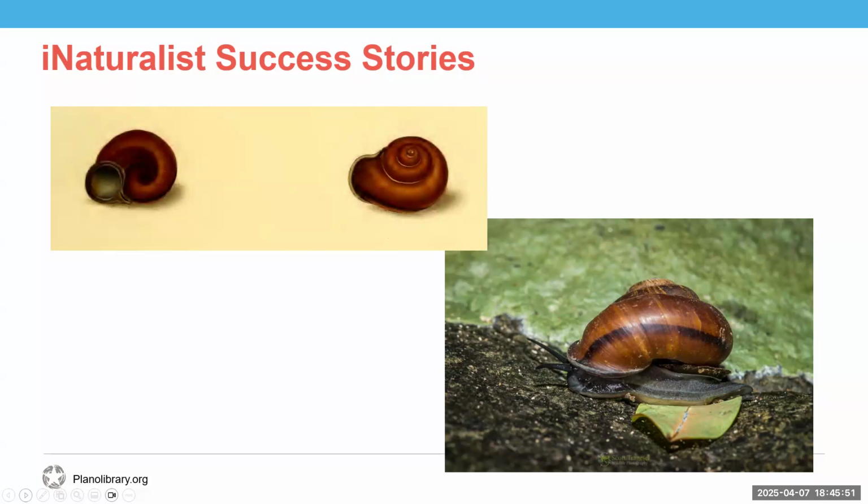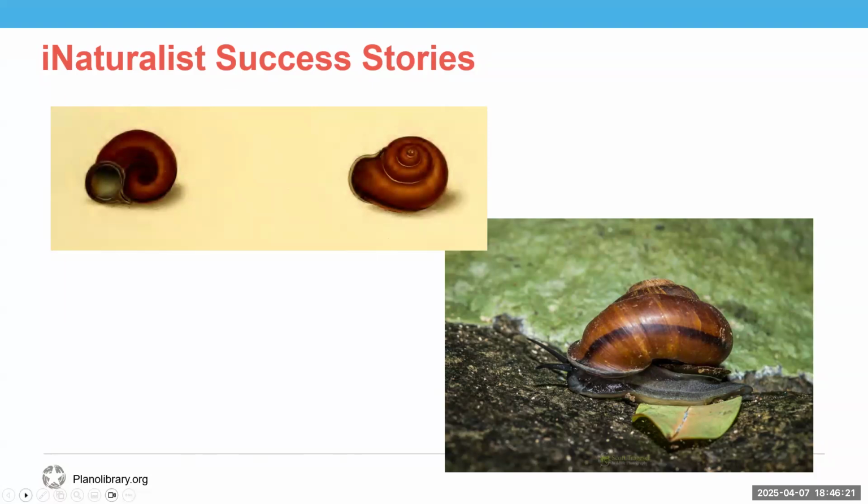In 2014, an iNaturalist user in Vietnam uploaded this photo of a gastropod, and it was ID'd as the Myaxostoma petavarianum by other users. This was the first time it had ever been recorded alive, and this was the first mention of it in about 300 years. So very exciting, especially for conservation reasons. It's cool to know that it's still out there.